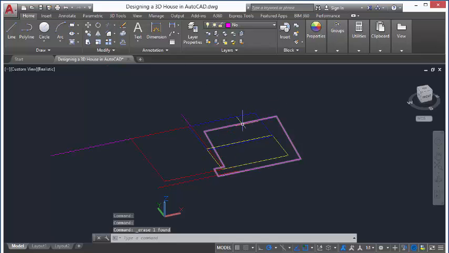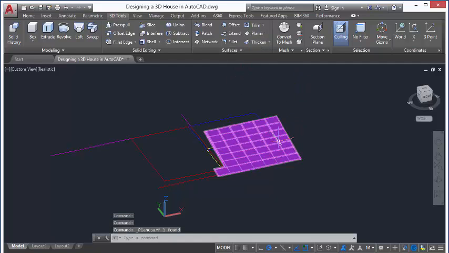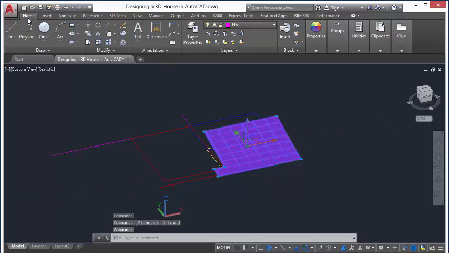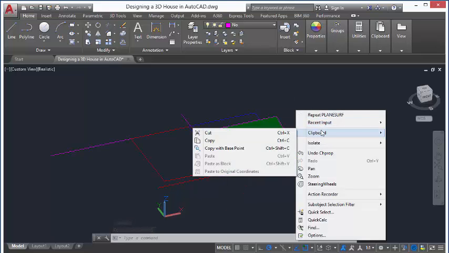Now select this profile, go to the 3D tools tab, surface panel, and select plan. AutoCAD converts the profile into a surface. Select the surface, go to the home tab, layer panel, and click the drop down and move it to the roof layer. Press escape. Now right click and